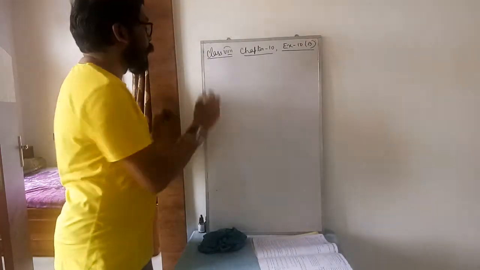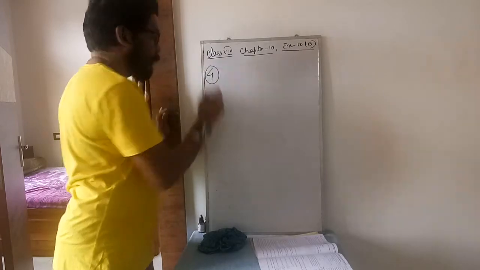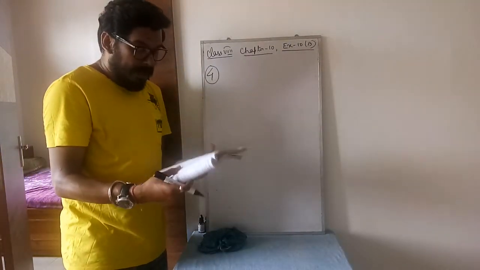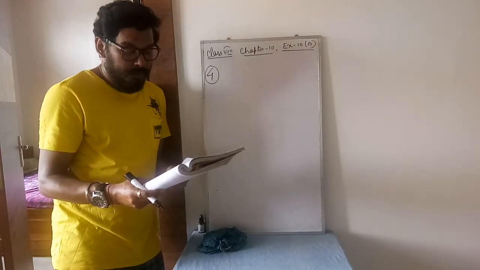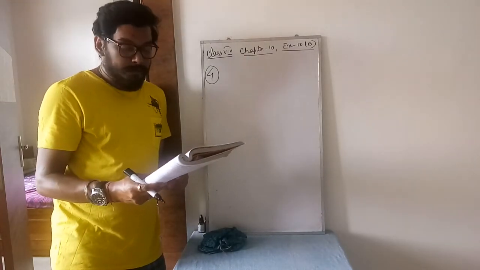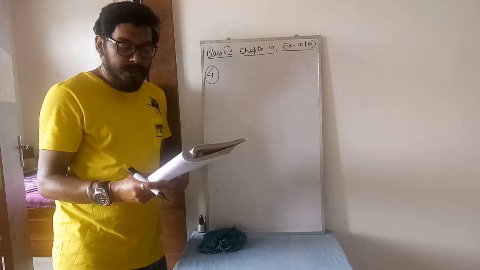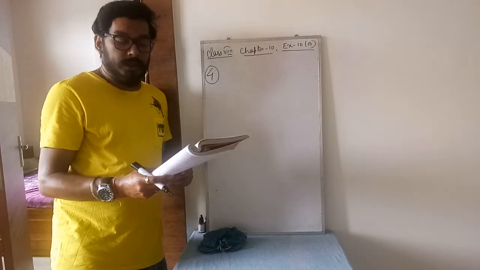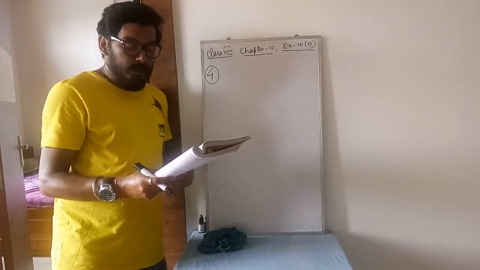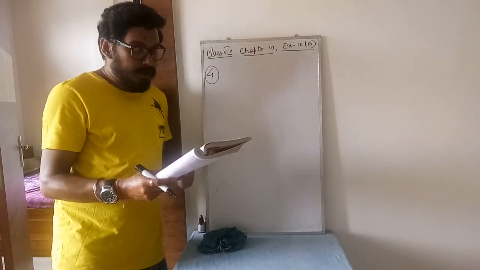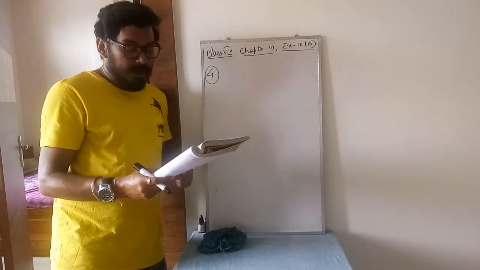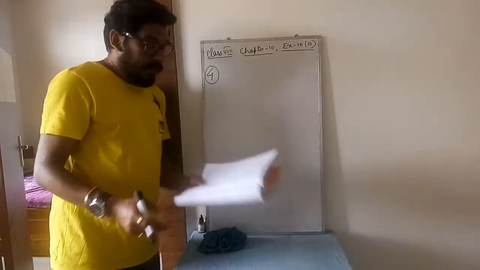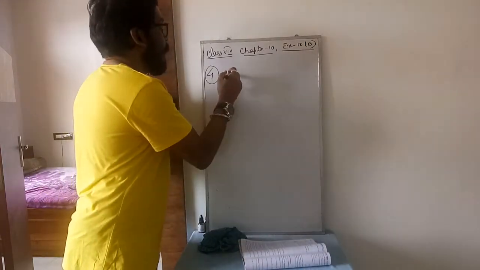Now question number 4, what did they say? Let me read out the question. Naveen cycles to his school at an average speed of 12 km per hour. So this is the average speed of Naveen. It takes him 20 minutes to reach the school. When the speed was 12 km per hour, time taken to reach the school was 20. If he wants to reach his school in 15 minutes, now if time is 15 minutes, what would be the average speed? So let me make the box like exercise